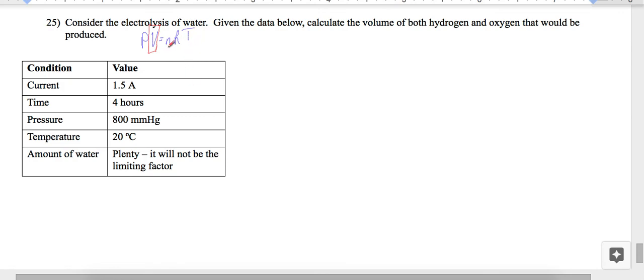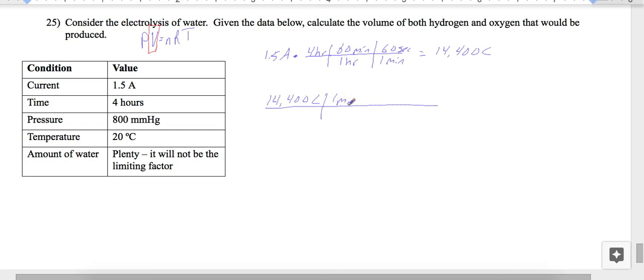First we have to get the number of moles. That's the electrolysis part that we do, only this time instead of going all the way to mass like we did in the previous problems, we're going to stop at moles. So we have 1.5 amps times 4 hours, 1 hour is 60 minutes, 1 minute, 60 seconds gets us our coulombs, which is 14,400. Then we can go ahead and do the work with this like we would normally. 14,400 coulombs is 1 mole of electrons,